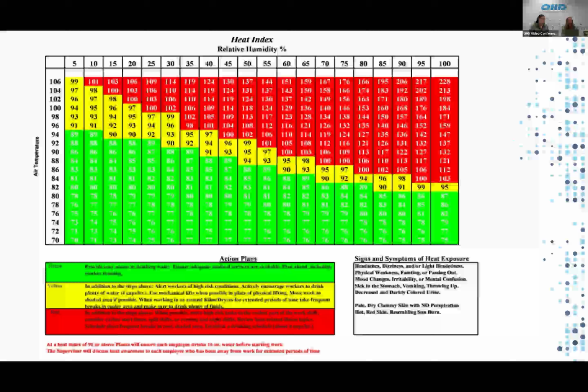As it moves into the yellow, then you want to go ahead and alert your workers that, hey, we're kind of inching towards that danger zone. You want to encourage the drinking of water, maybe even implement mandatory breaks with a recommended amount of water to be drinking during that break. Try to remove any aspects that you can of the physical